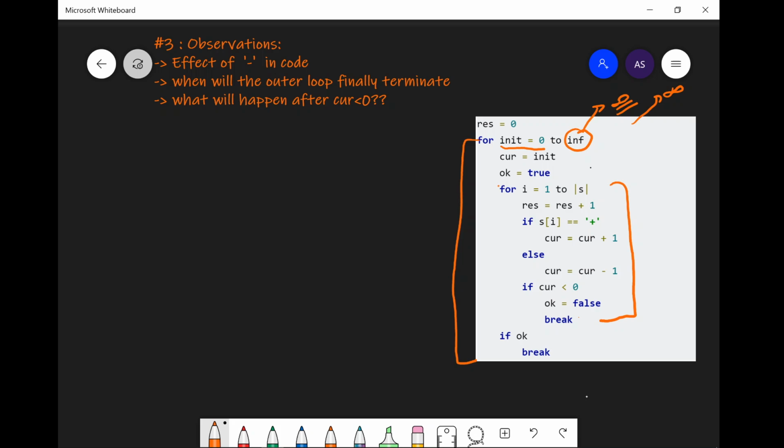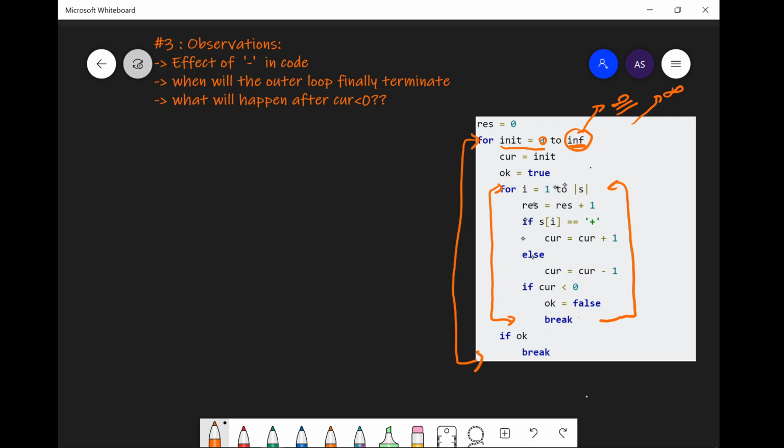So this is the outer loop, and there is one inner loop which starts from here and ends here. The outer loop is an infinite loop, and this is the small loop. The outer loop starts from 0 and goes till infinity.